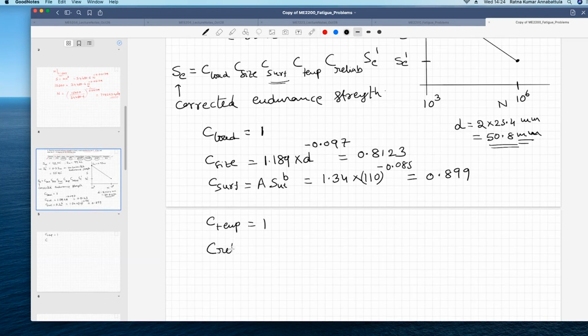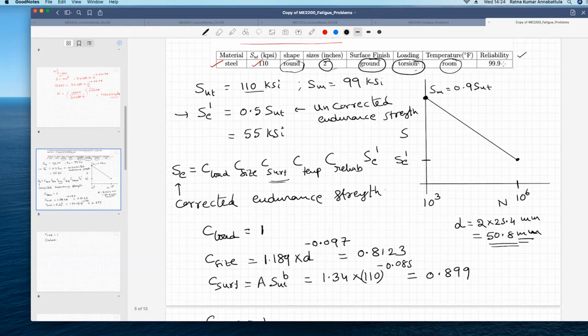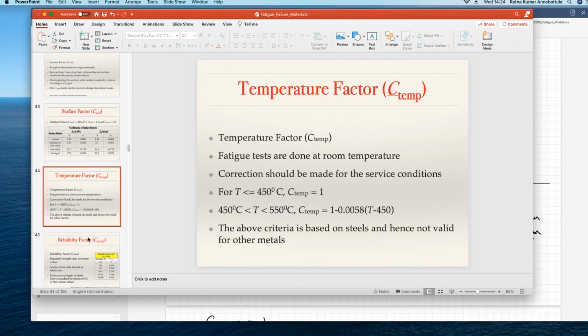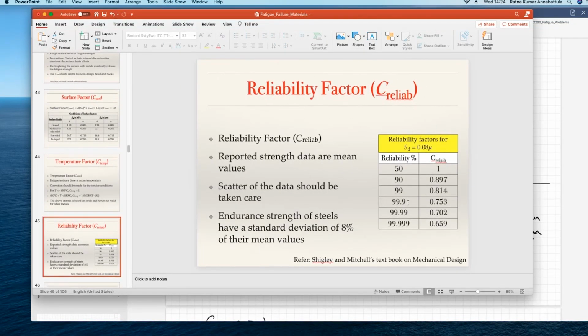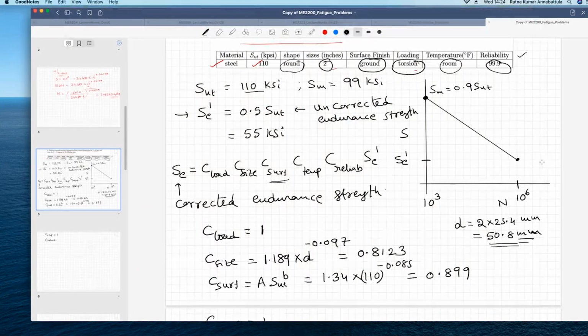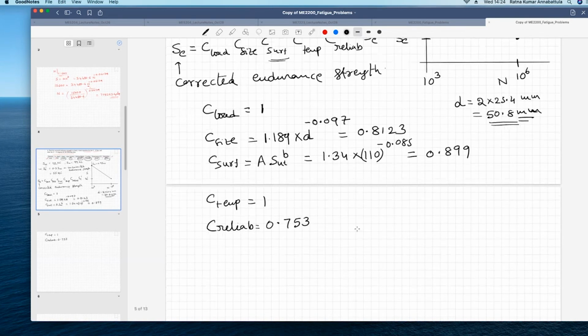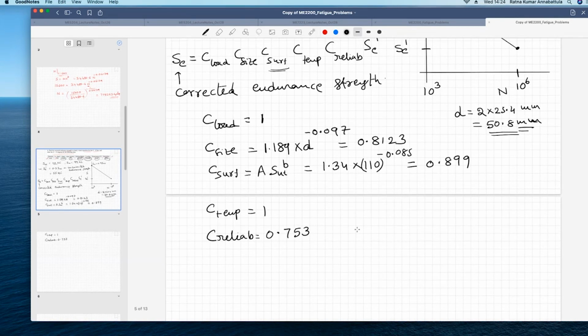And C reliability, what is the reliability required? 99.99. So you need to go to reliability tables and then see, yeah, for 99.9, the reliability, C reliability factor is 0.75. So I take C reliability is equal to 0.753. And hence now after calculating everything, so because the other data is not given, hence you assume all